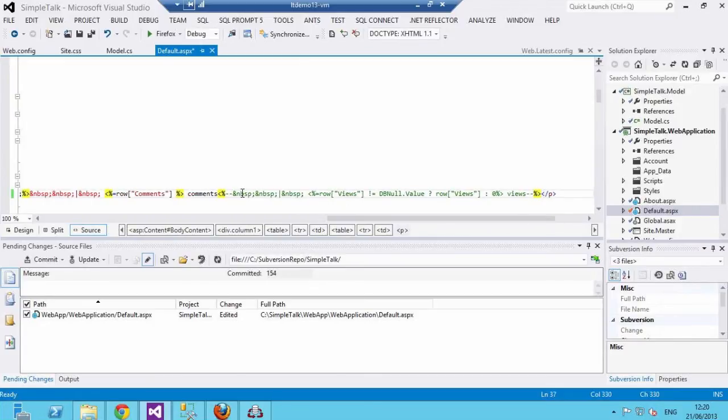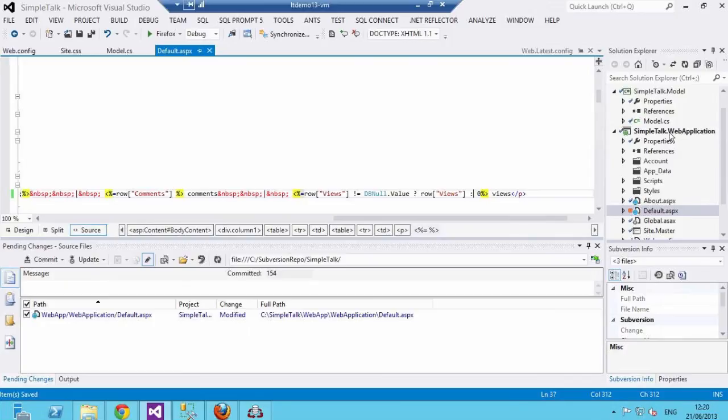And we're going to uncomment this little section here. So you remember the original task I was given is I want to add the views to the web page in exactly the same way as we have the comments. So uncomment that line there. Here's one I prepared earlier. And I'm just going to commit this.